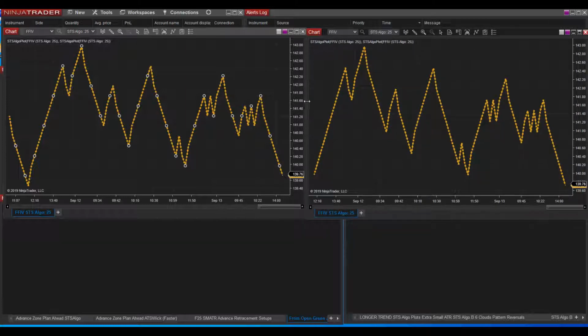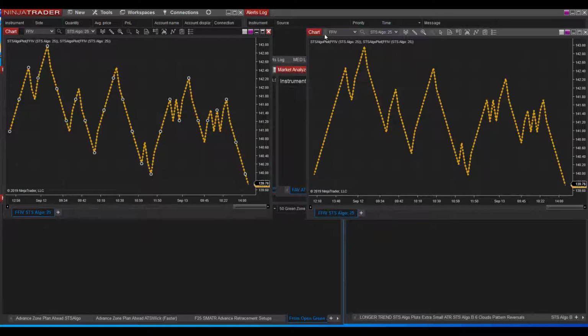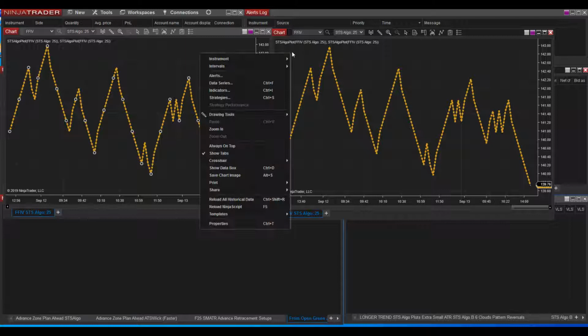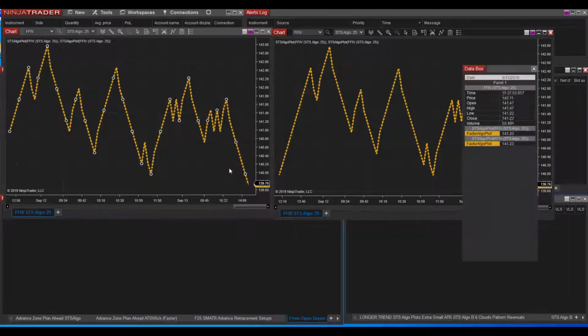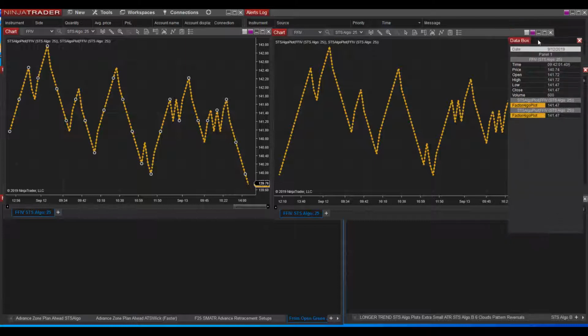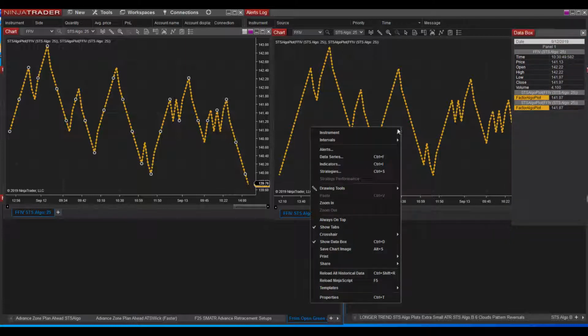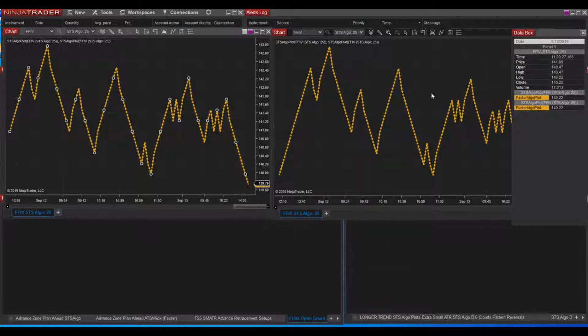And I want to allow a little room for a data box. So I'm going to move this over a little bit. Right click, data box. One of the things I'm sure you see is when you close one workspace, you go to another one, your data box is gone. And you have to right click and open data box again. Ninja's got a new release about to come out that hopefully is going to fix that. They say it's included in there. So we're going to